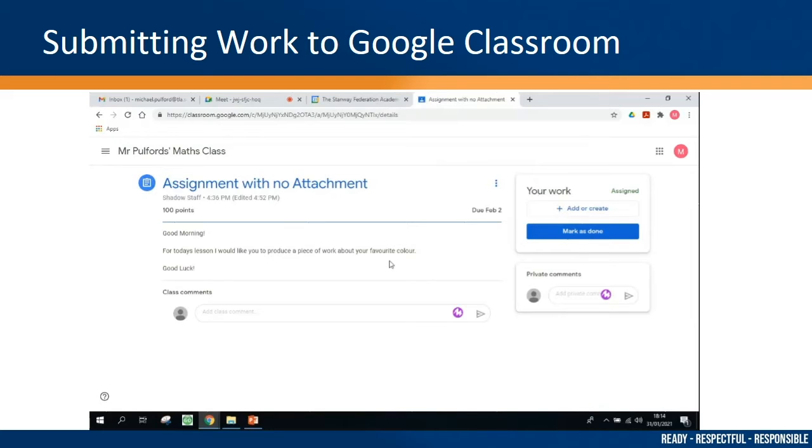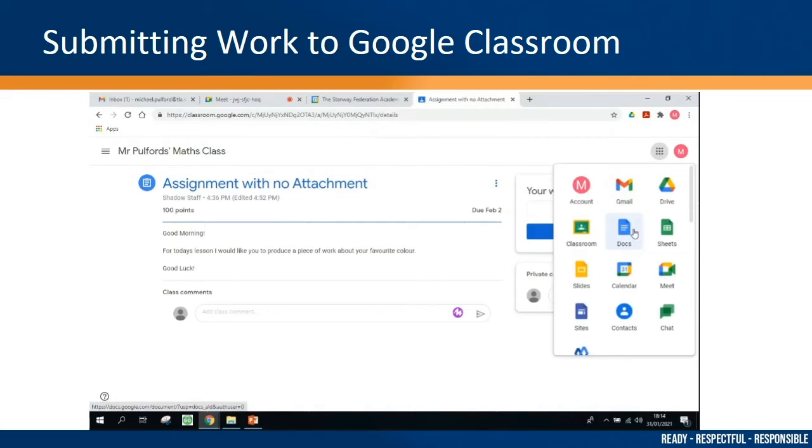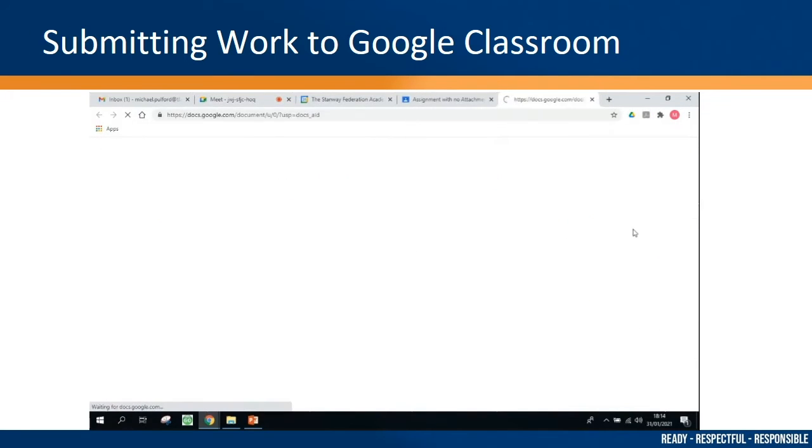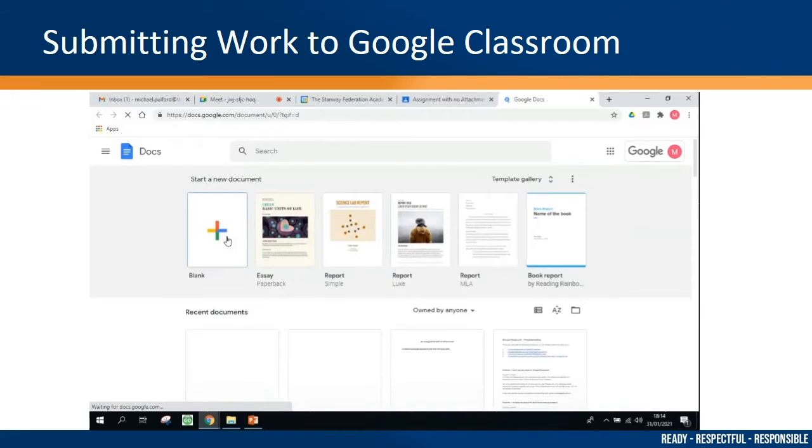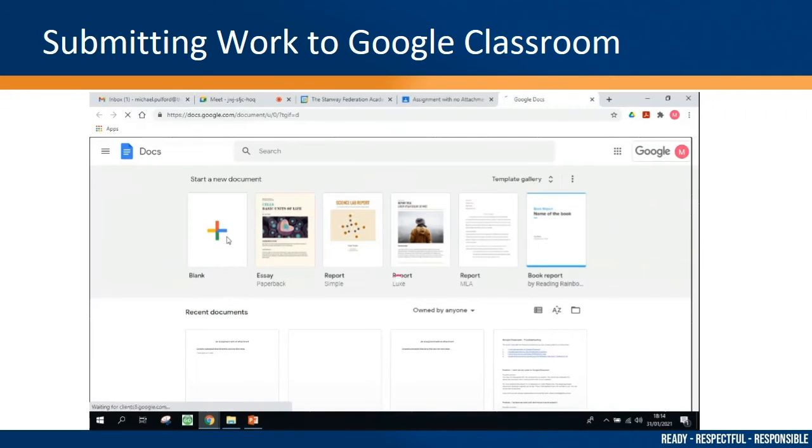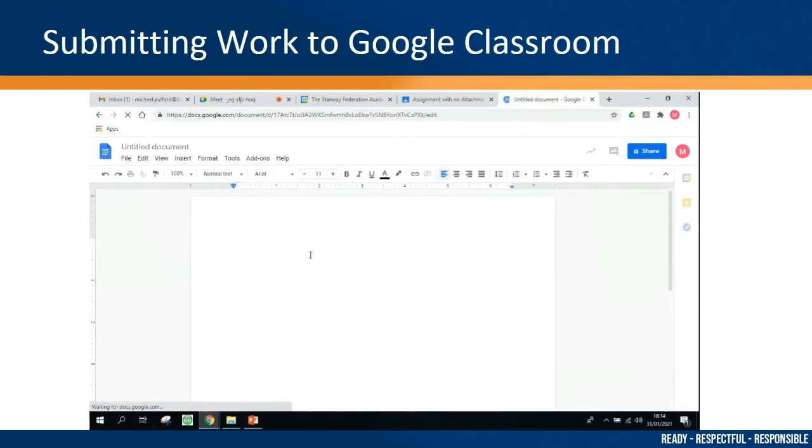Now, we're trying to encourage you all to use Google as much as possible. So for this piece of work, I'm going to complete it on Google Documents. Essentially, that's a bit like Word that some of you may have. But the great thing about Google Documents is as long as you've got an internet browser, you can access it. So I've come up to my 9 dots on the right-hand side, and I'm just going to click on Docs. This will take me to Google Documents, where I can now start a blank document ready to complete my piece